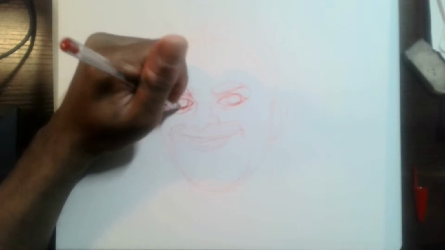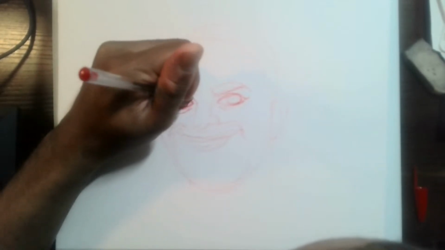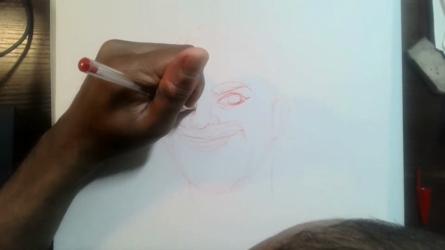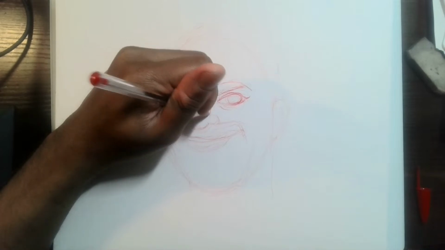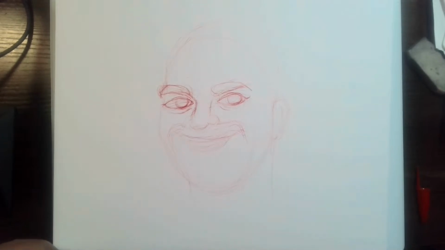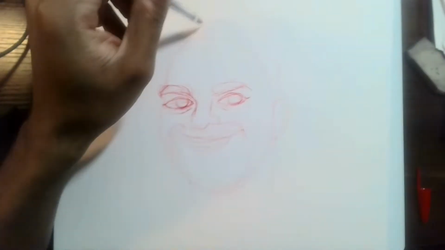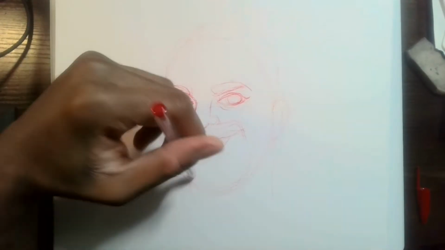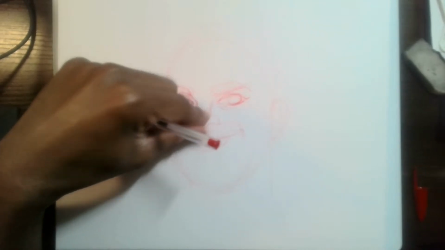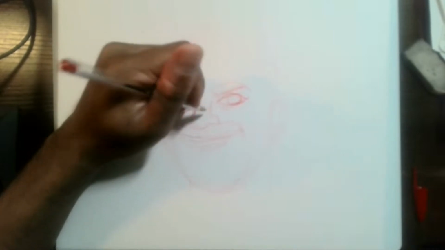Let me bring out these bags a little bit more here at the bottom. All right, let's bring out his short nose. Yeah, and another thing when you're actually doing characters, while you're emphasizing one of their major characteristics, you also want to try to de-emphasize their lesser characteristics. So, while I know he's got the very pronounced forehead, he's got the very pronounced chin, I'm trying to make sure the nose and lips are not as pronounced, as exaggerated as the others. So that's why I'm making sure the nose here isn't too big.